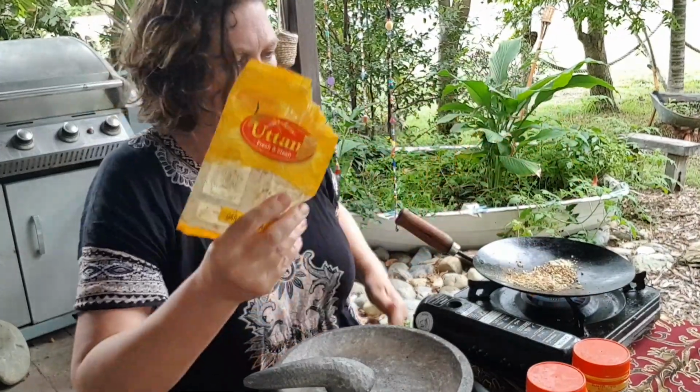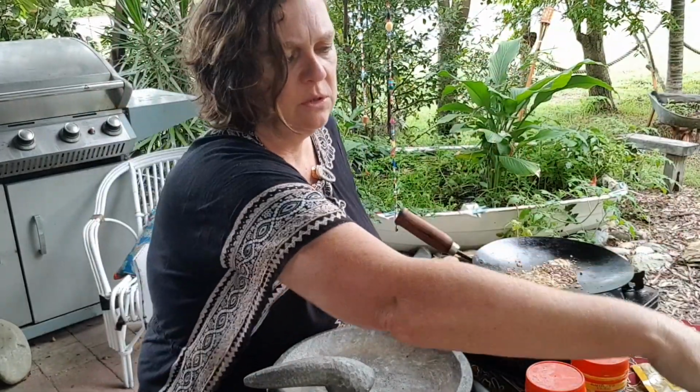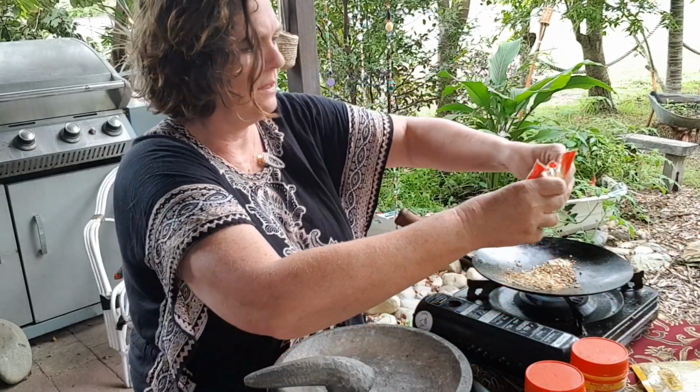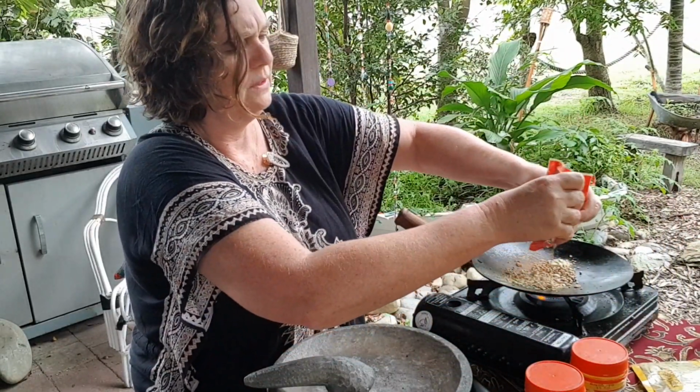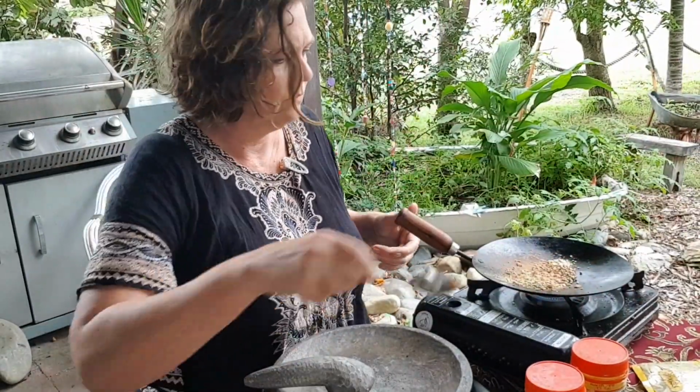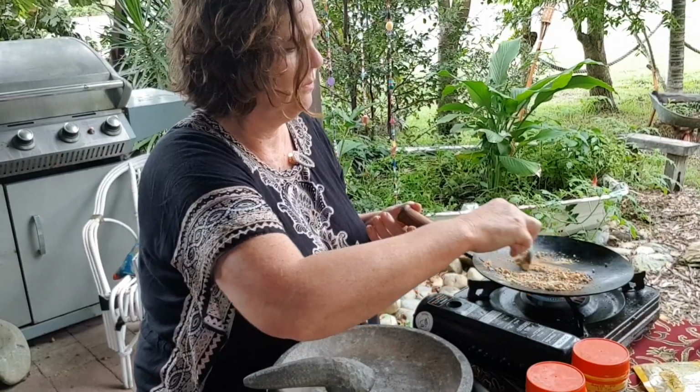I'm putting in some garam masala. Oops, not supposed to until the end. Pretend I didn't do that. I'm putting in some galangal. This is powdered stuff. I'm just going to toast them for a bit,